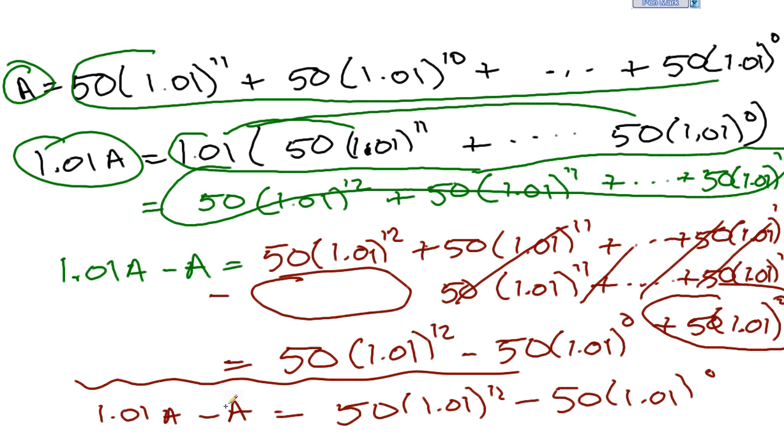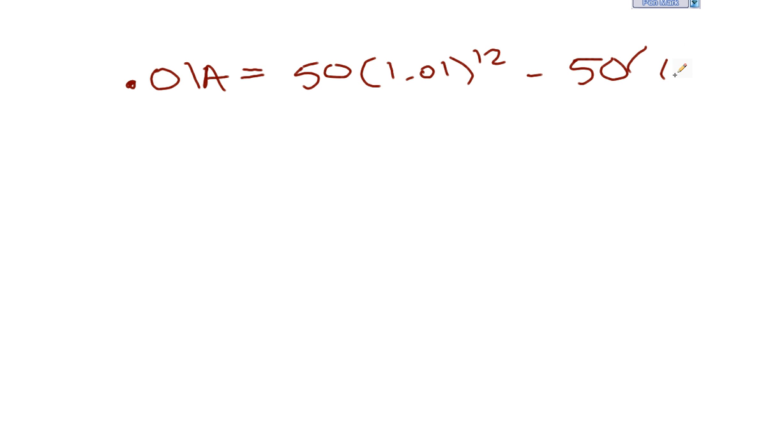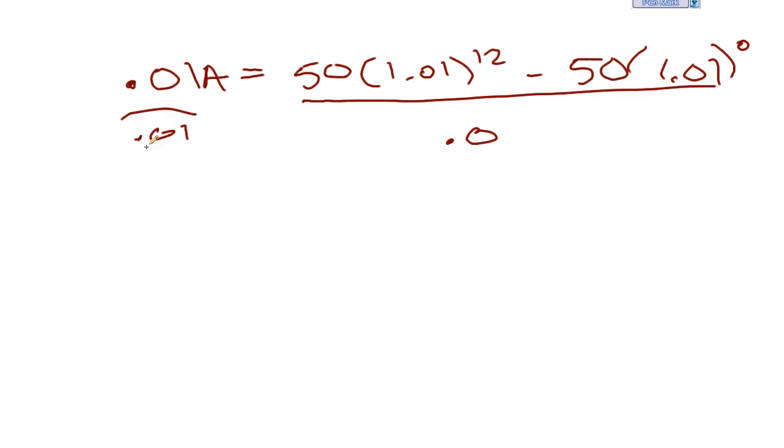So 1.01a minus 1a would just leave me with 0.01a. That's the difference between those. So 0.01a equals 50 times 1.01 to the 12th minus 50 times 1.01 to the 0. Okay, well, to solve for a, I'm going to divide both sides. So our little trick is paying off here. Basically, now I know that a, the accumulated amount after 1 year, can be calculated simply by 50 times 1.01 to the 12th